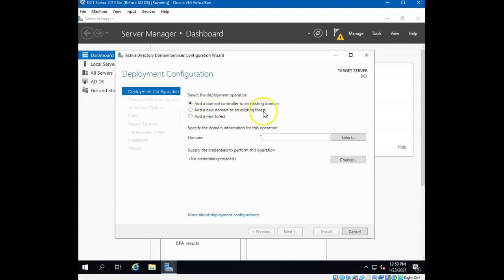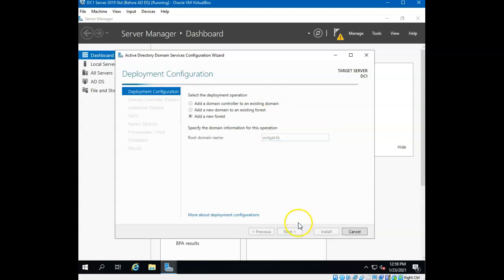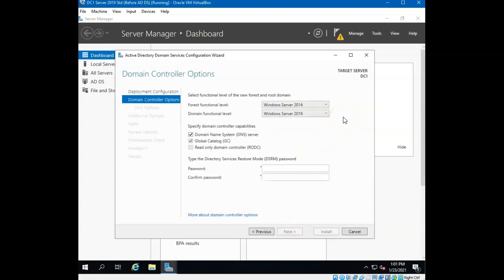Are we adding one to an existing forest? No, I'm creating the first domain in a forest, the root domain of a forest. So I'm adding a new forest. I'm going to call it widget.llc, and we'll click Next. On this page we have the functional level, and you can see that the functional level